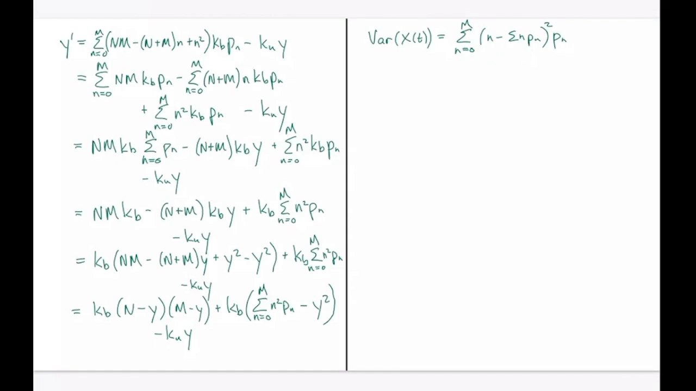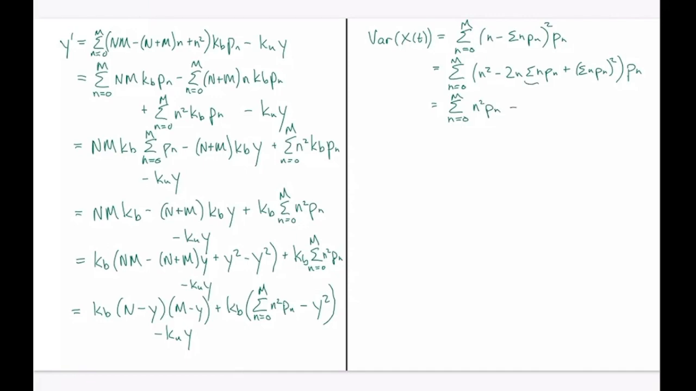Okay, so if you write this out and multiply it out, you get the sum from n equals 0 to m of n squared minus 2n times the sum of n Pn, plus the sum of n Pn, all squared, times Pn. Now you can separate these out, and you get the sum from n equals 0 to m of n squared Pn